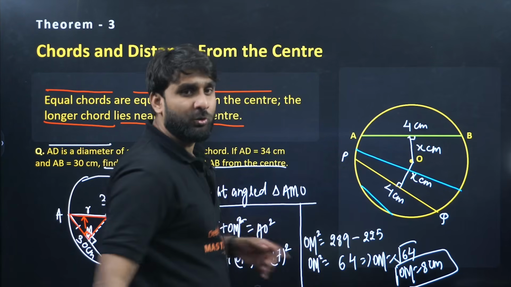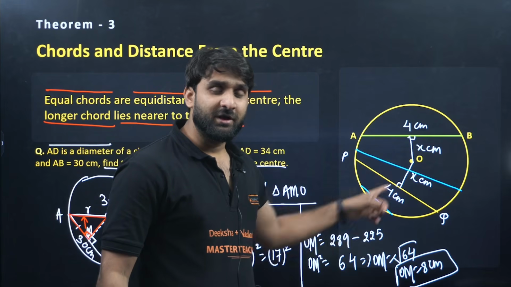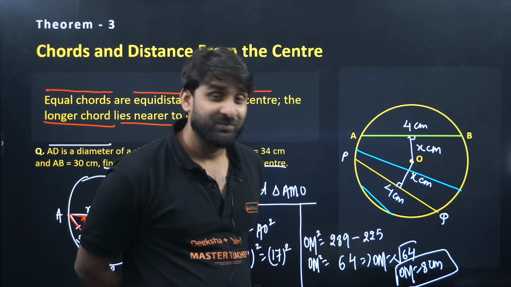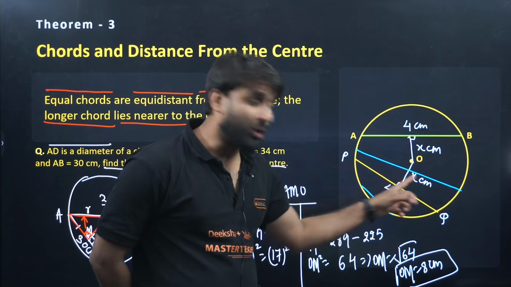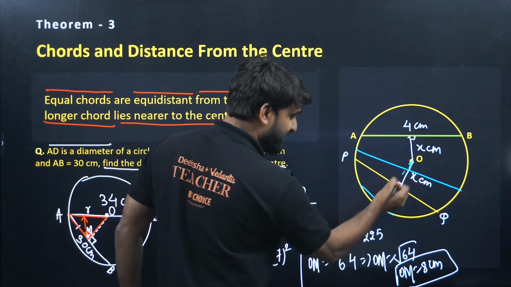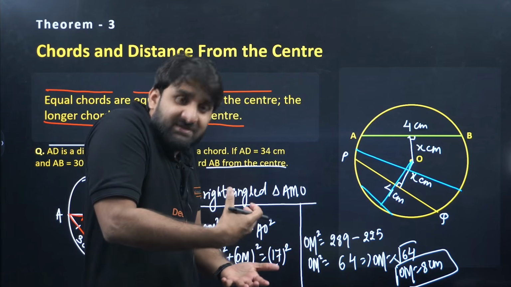In both the chords, I'm asking about the blue color part. In both the chords, this blue color, which is longer? This one is longer, and this chord is close to center. Look, this is close to center, and this is very far away from the center. So the chord which is longer in size,